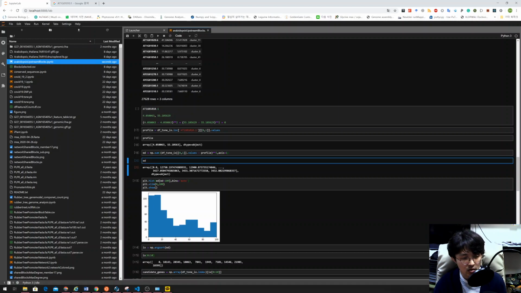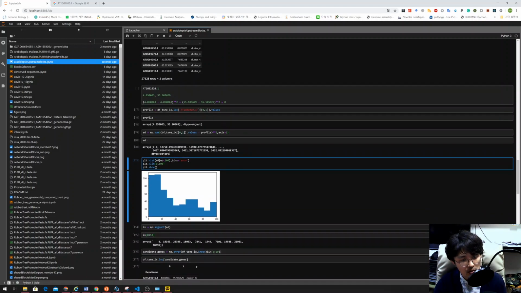So what we want to do was make a histogram. So I try to limit the histogram which has less than 100 and see, right? So the value was in this way. So there are so many genes that show less than 20. So it is still a lot more than 200. So we sort using argsort. So argsort will show you the order